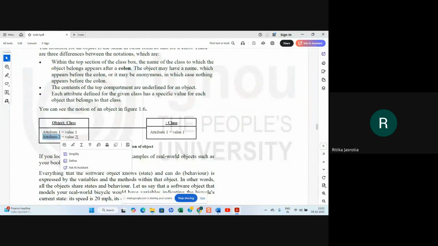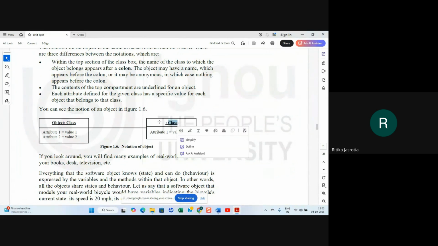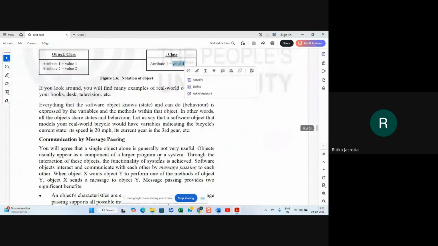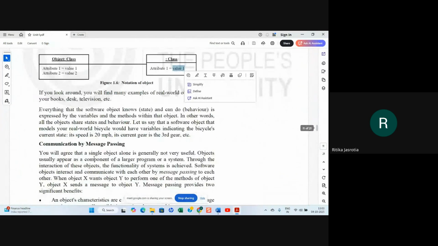So this is how you denote an object notation. Name of the object, colon class name, and attribute with the value you have to give. Right? This is how you do object notation.